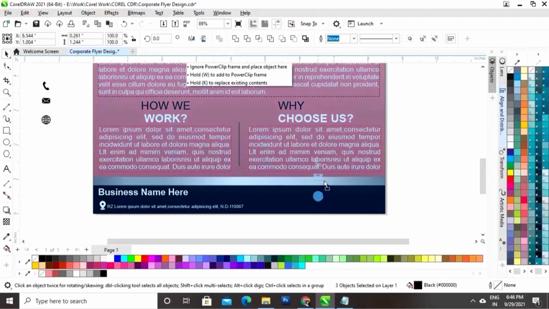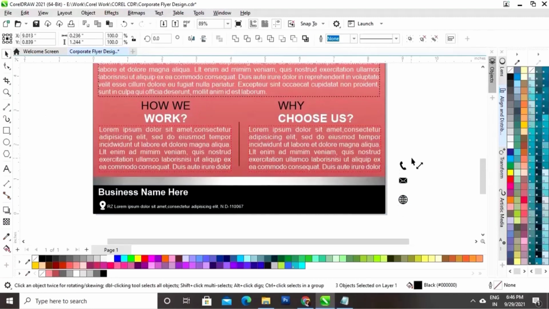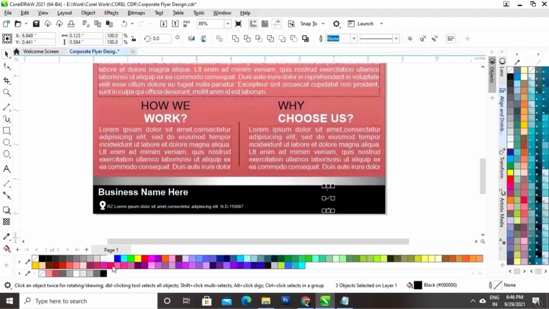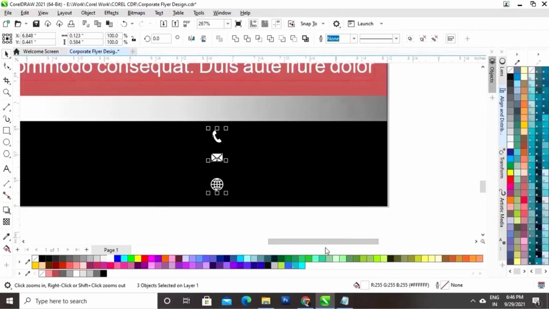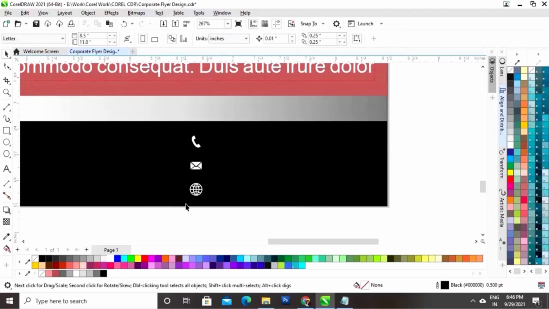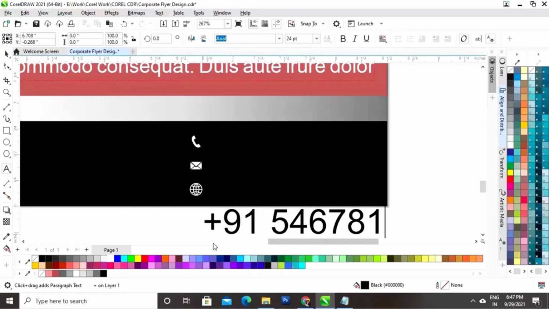Now we will place these icons. Now we'll select the text tool and we will write the contact details.